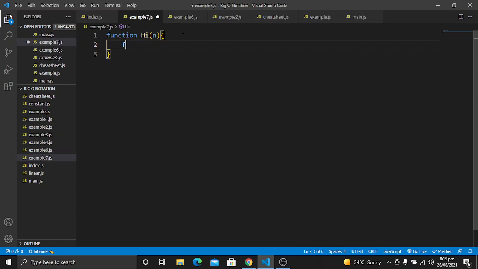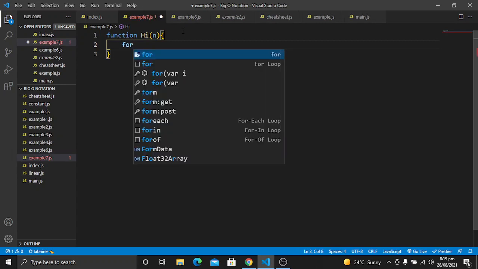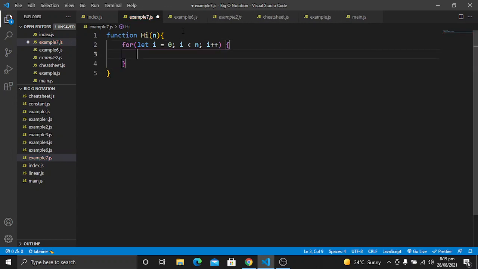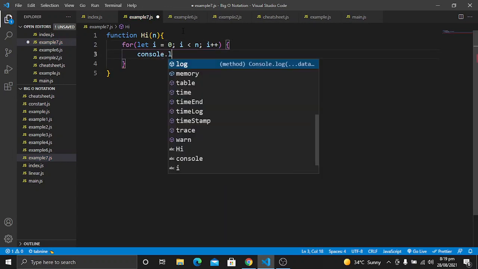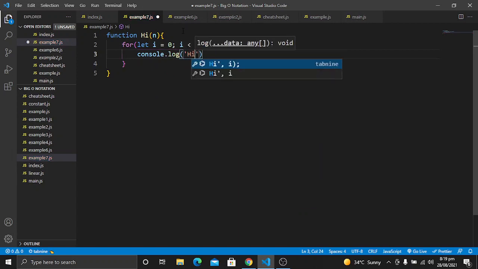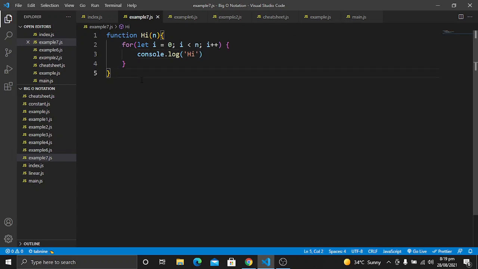This function will have a for loop: let i is equal to 0, i will be less than n, and then we increment i. Then we will console.log hi for every iteration.